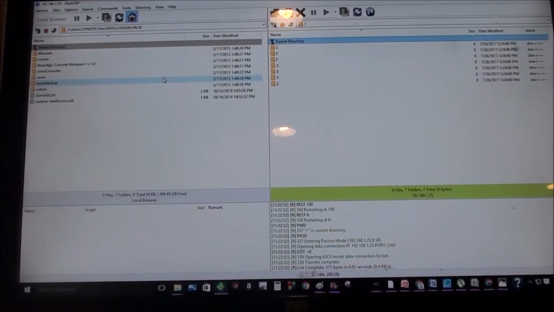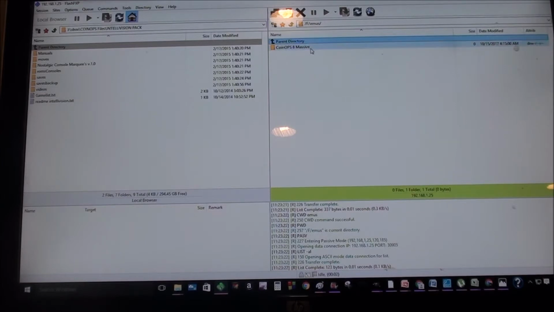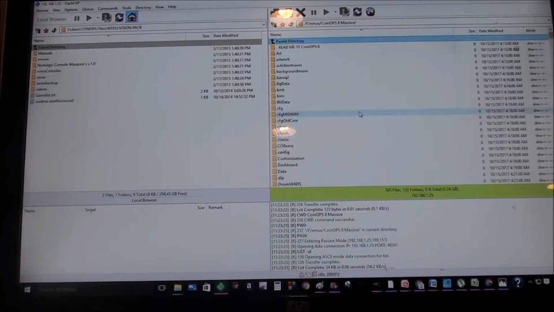Okay, now we're going to install the Intellivision pack to your Xbox. So FTP into your Xbox, and then navigate to where CoinOPS is. So this goes into CoinOPS. I've got CoinOPS 8 Massive on here, so open that up. And then over here inside the pack, you want to transfer the moves,